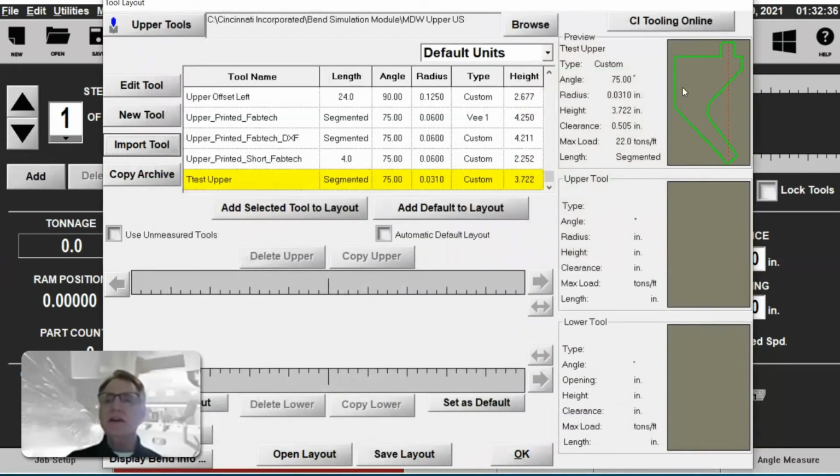And in the tool library now, this Test Upper, or whatever I called it, is now available for your use. But the second part of the question was, what if I want to do something similar to that with a legacy die that I've got on the shelf? Who knows when somebody bought it, but we need to get that legacy tool added. How do I do that? And rather than click on import tool, what we can do is click on the new tool choice.